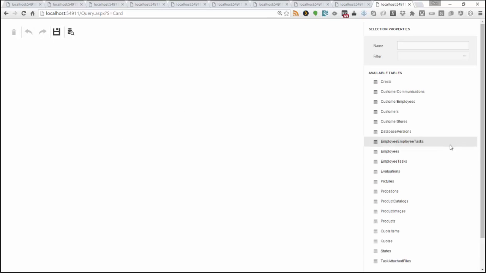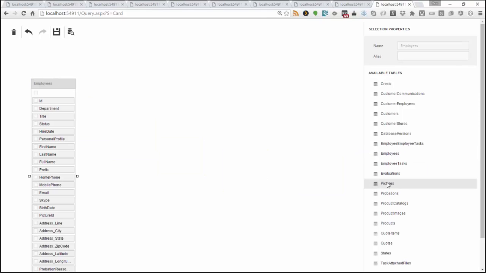So let me get back to the query builder and get the employees and get the pictures table. I'm going to select the ID, the key field. I'm going to do the first and the last name, and finally I'm going to do the data. So this is pretty much what I did before. And now when I hit the save button,